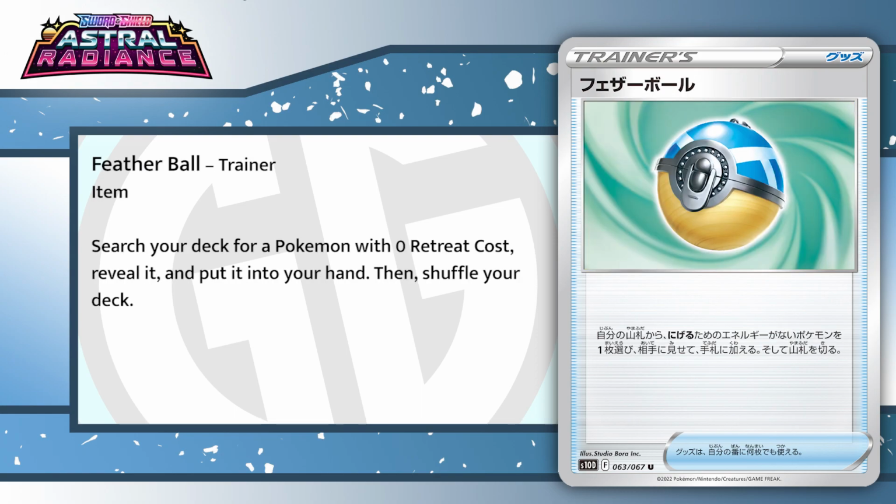Next, we have the Featherball. Search your deck for a Pokemon with 0 retreat cost. Reveal it, put it into your hand, then shuffle your deck. So decks like Jolteon will definitely be able to take advantage of this. Maybe Mew VMAX will. I'm not actually too sold that Mew VMAX would play this card, but I think Jolteon will for sure play Featherball. And I'm sure there's a bunch of decks that will come out in the future that will take advantage of